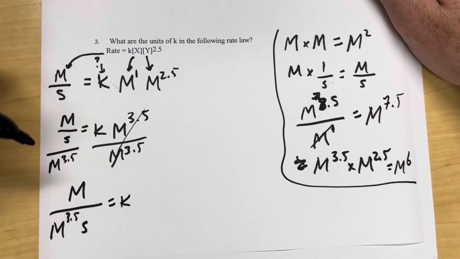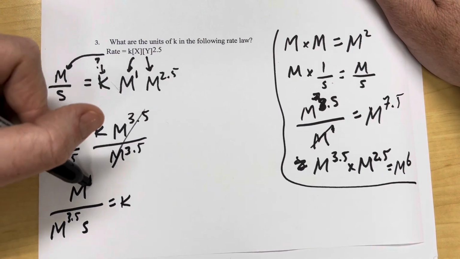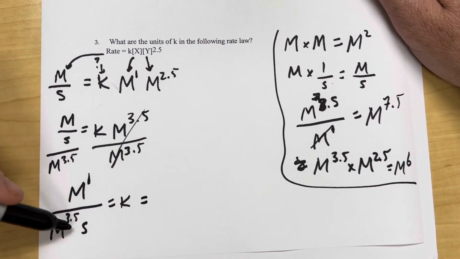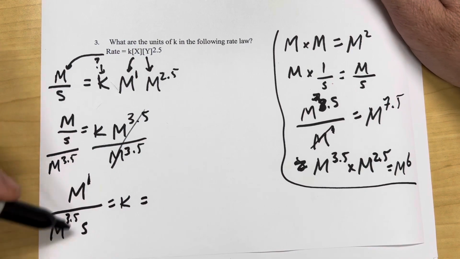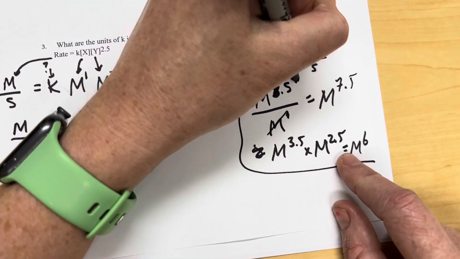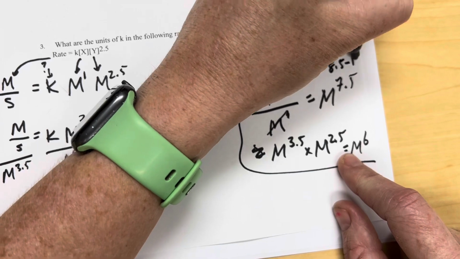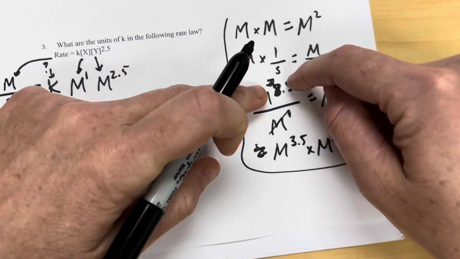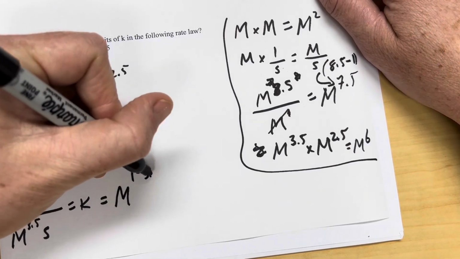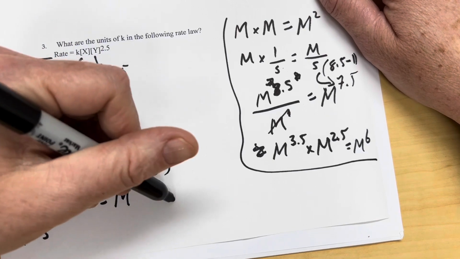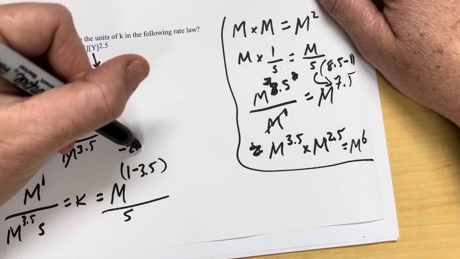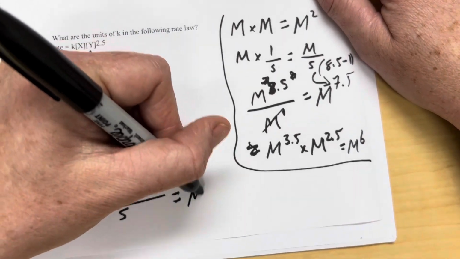Remember, when we divide, we subtract. There are a couple ways you could do this. You could leave this on the bottom and say this is going to become a 2.5, or let's follow what we did over here. When we went from 8.5 to a 7.5, all we did was 8.5 minus 1. That's how we got our 7.5. The numerator minus the denominator. So in this case, we have m to the 1 minus the 3.5 all over s. 1 minus 3.5 is negative 2.5. In other words, this is m to the negative 2.5